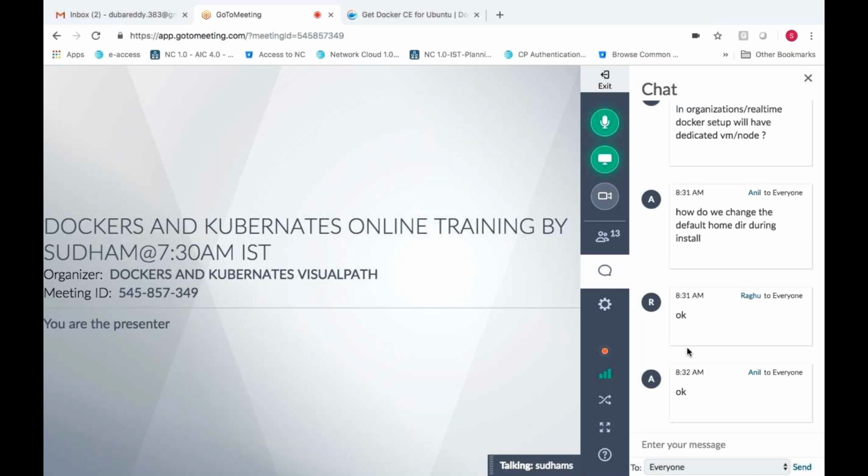That we'll see. You can remind me one day, and then we will do it. So tomorrow we are going to install Docker on the CentOS machine, and then we'll see the architecture of Docker: what things are there and what technologies they are using.